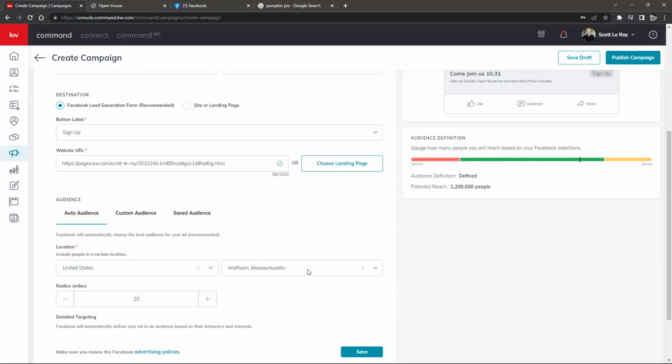If this is somewhere else, I can go ahead and X off right here, and I can type in any additional content that I want. And it should pull in. There we go, Eugene, Oregon here. So as we're taking a look, we have that ability to adjust that here. I'm going to stick with that standard